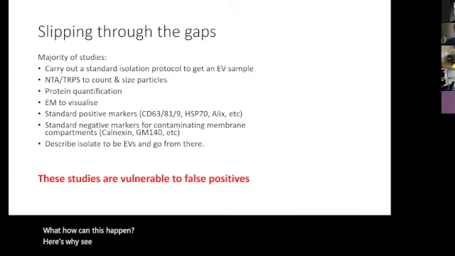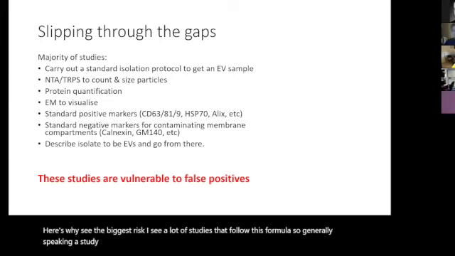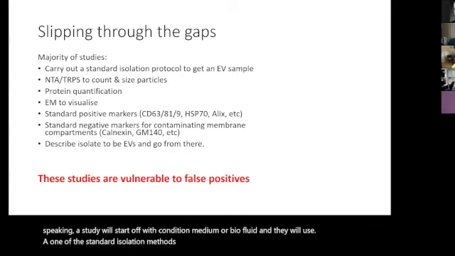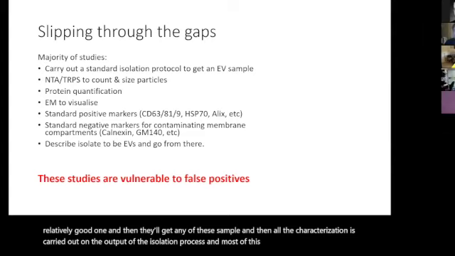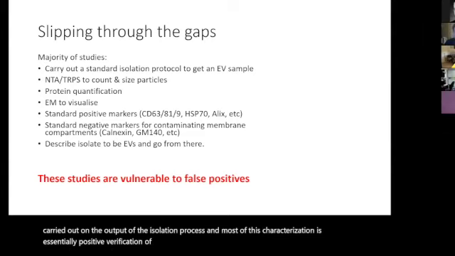I see a lot of studies that follow this formula. Generally speaking, a study will start off with conditioned medium or a biofluid, and they will use one of the standard isolation methods, perhaps a relatively good one, perhaps not such a good one, and then they'll get an EV sample, and then all the characterization is carried out on the output of that isolation process. And most of this characterization is essentially positive verification of the presence of EVs. You're looking for EV markers, you're looking for particles, you're doing EM to visualize the EVs,